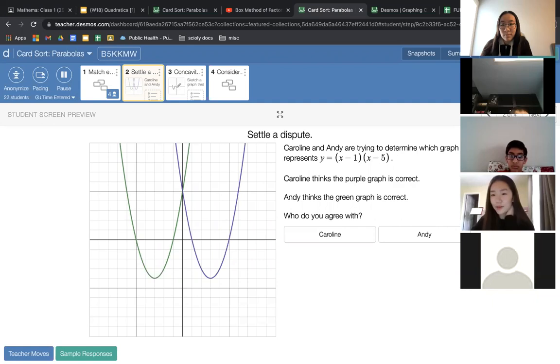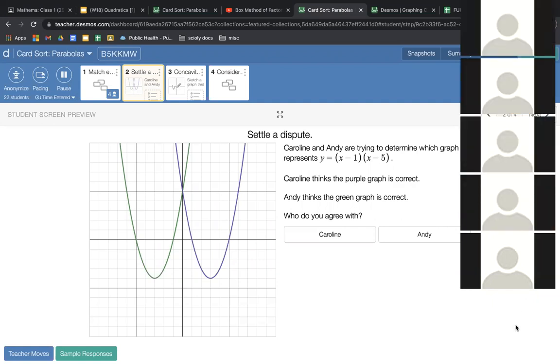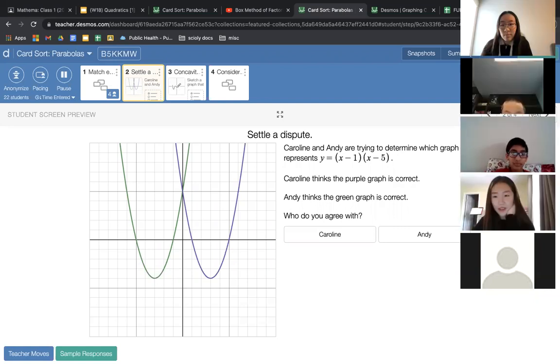I see a few people are participating. It goes away after a bit, but I'm pretty sure I saw more confetti. I think I said it was Andy, right? Mhm. So actually, it's an easy trap to fall into. But when you have x minus 1, then the root, when you set x minus 1 equal to 0,